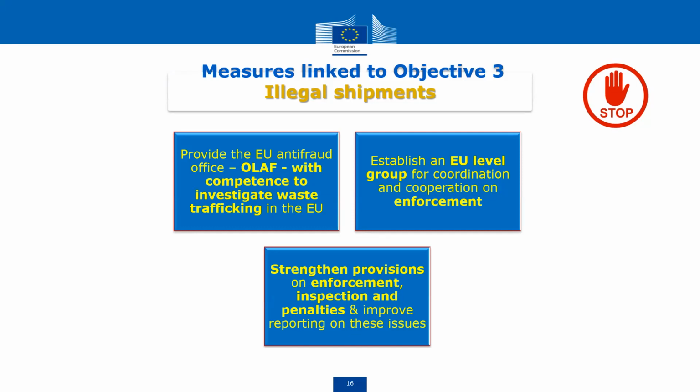What is also important, and that should always continuously be strengthened, is the coordination and the cooperation between enforcement agencies within the Union, but also beyond the borders of the European Union. And so what we propose is to have a more structural coordination and cooperation on EU level, and that then takes the form of a waste shipment enforcement group, which would of course incorporate all the member states' enforcement